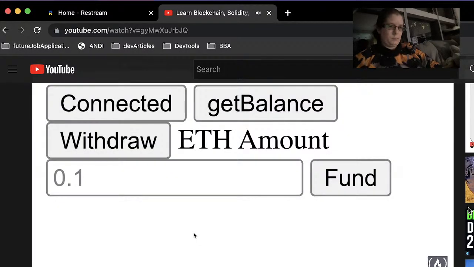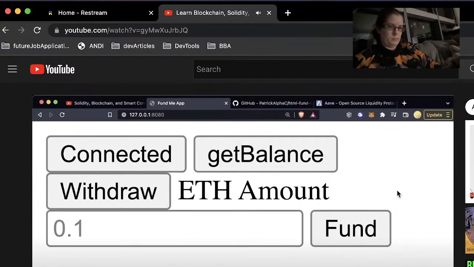Now, people can programmatically interact with our smart contracts at any time. However, most of our users are not going to be developers. So we need to create a website. We need to create a user interface for them to interact with our smart contracts and interact with our protocols. And that's what this section is going to teach us. It's going to be an introduction to building these full stack front ends on top of our smart contracts. Now, I wanted to show you what this is actually going to look like when we finish it, because